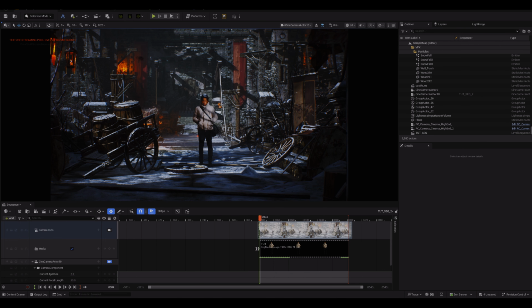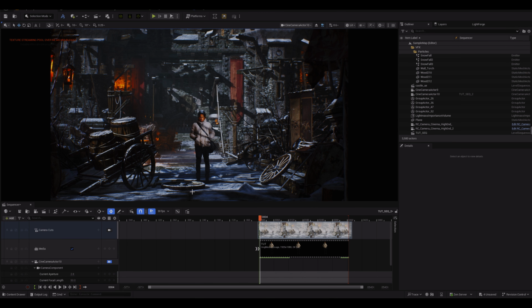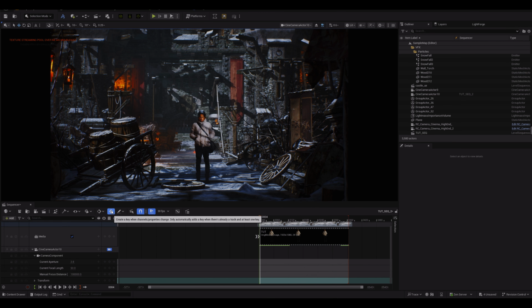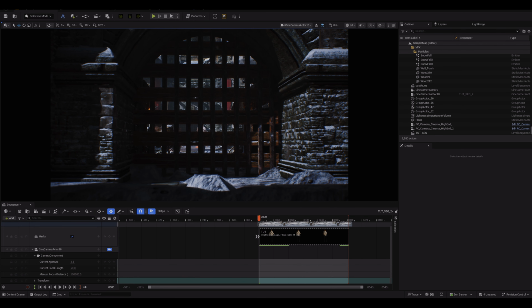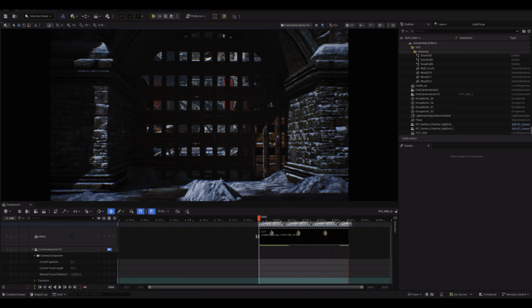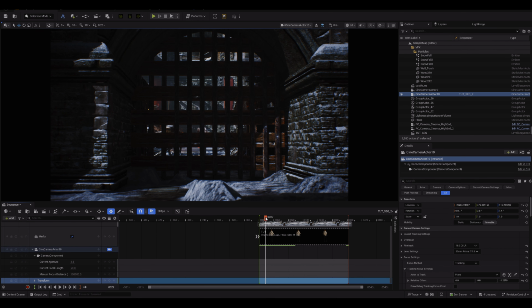All we need to do now is animate our camera. And the way we do that is we come down here. I suggest this button will normally be off. I suggest turning it on so that anytime you move your camera, you come to the first frame and then move your camera back to where you want it to start, and it will automatically add a keyframe. If you notice here, well, no, you got to add the first keyframe. I'm sorry. So once you've added your first keyframe,